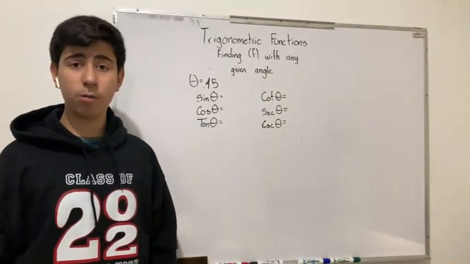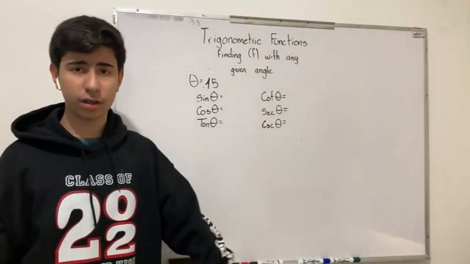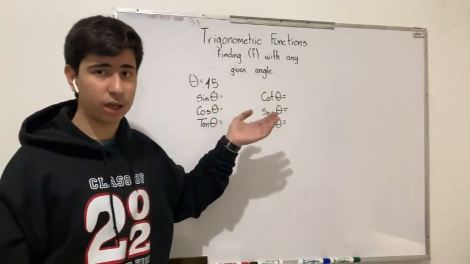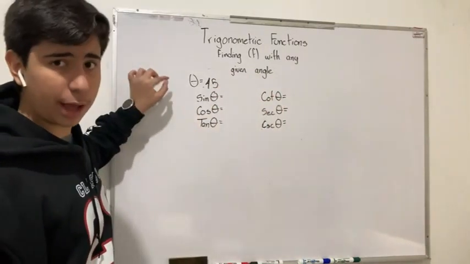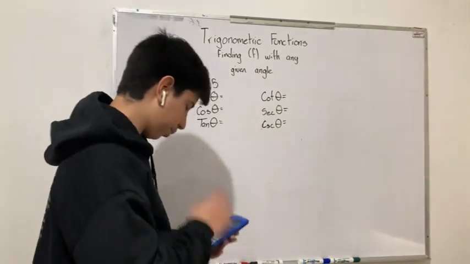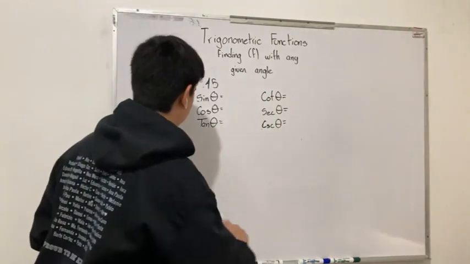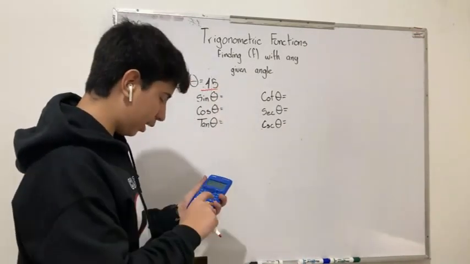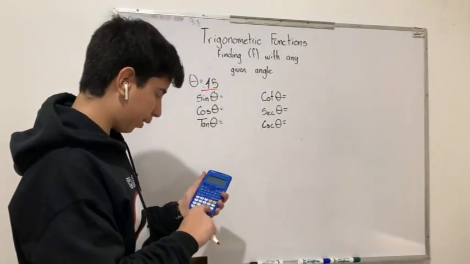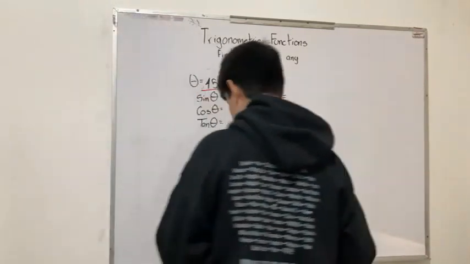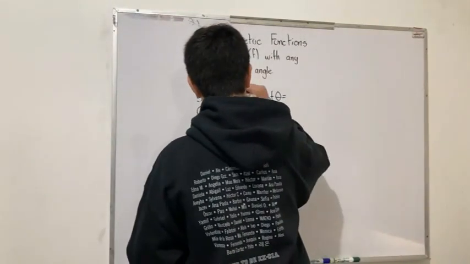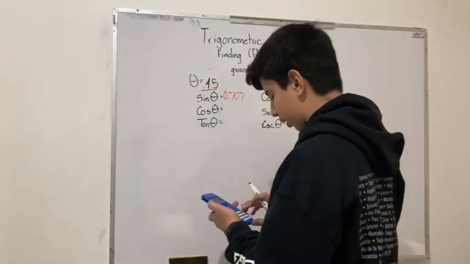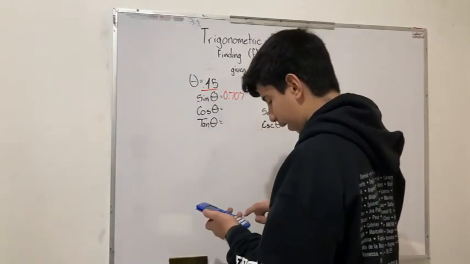Hi again. Now we're going to do a second exercise about finding the trigonometric function with a given angle. Now for the given angle we have 45. So we check that, we have 45. Now we check that it is in degrees, and we go sin 45, 0.707, cos 45,